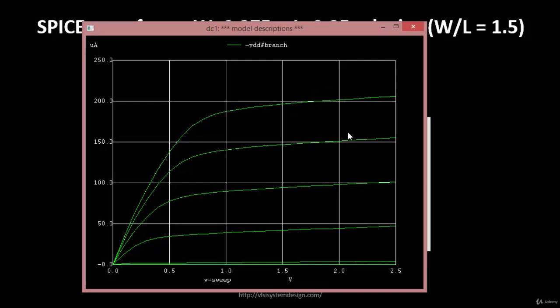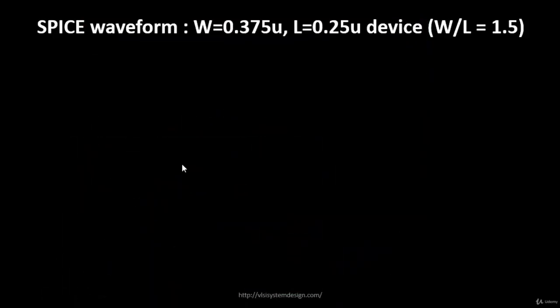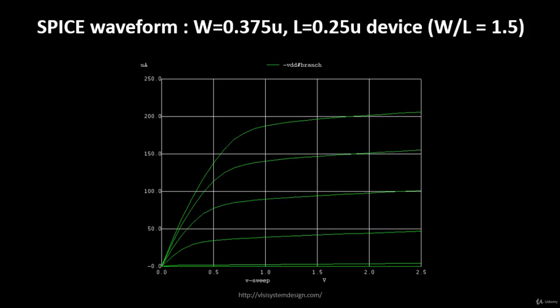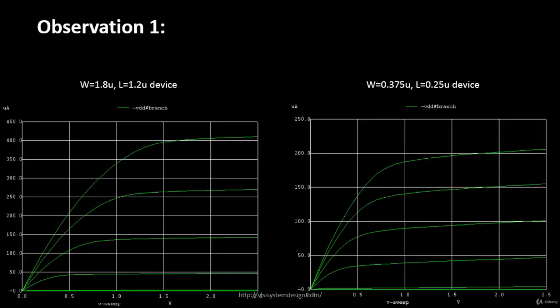Since I'm running a bit late on time, we'll just minimize this one. We'll take the curve we just plotted and compare it against what we had. So this was the original curve that we had with W by L as 1.5, where W is 1.8 micron and L is 1.2 micron. Everything was the same except that the technology node was 0.25 micron and W was 0.375. So we had these two curves generated, but you see there is a difference between this curve and this curve. Okay, so let me try to bring up the exact differences, the exact observations, and try to